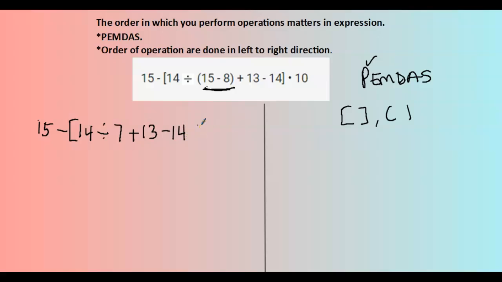minus 14 times 10. So here we still have to work within the bracket. So we have to do this one before we can move on. We got our 15 minus. So within the bracket too, we have to follow PEMDAS. So here there is no exponent, there is no multiplication, there is a division. So we move on, which is the first one here. So 14 divided by 7 will give us 2 plus